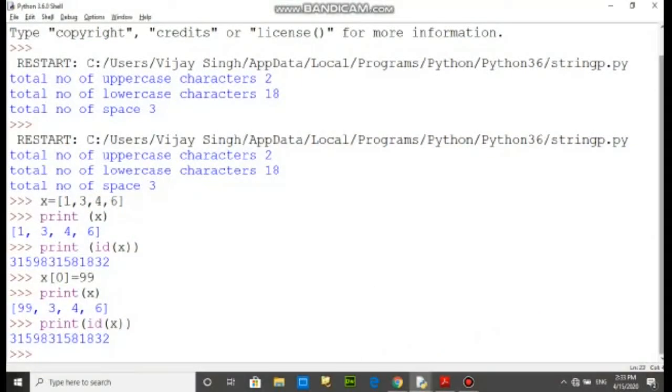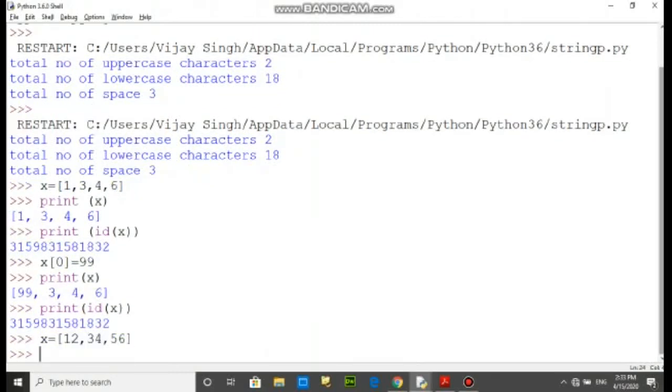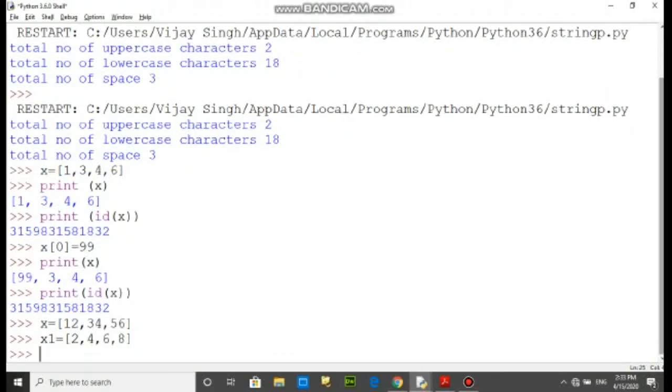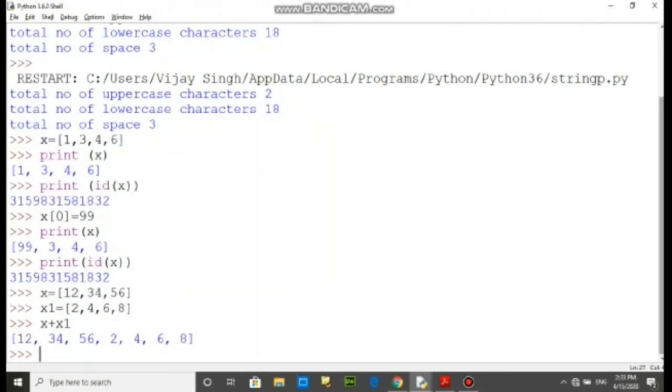For example, here I am taking 1 2 3 4 and 5 6. This is the first list, and this is the next list value. If I am writing here x plus x1, then the x1 list content will be added at the end of the first list.